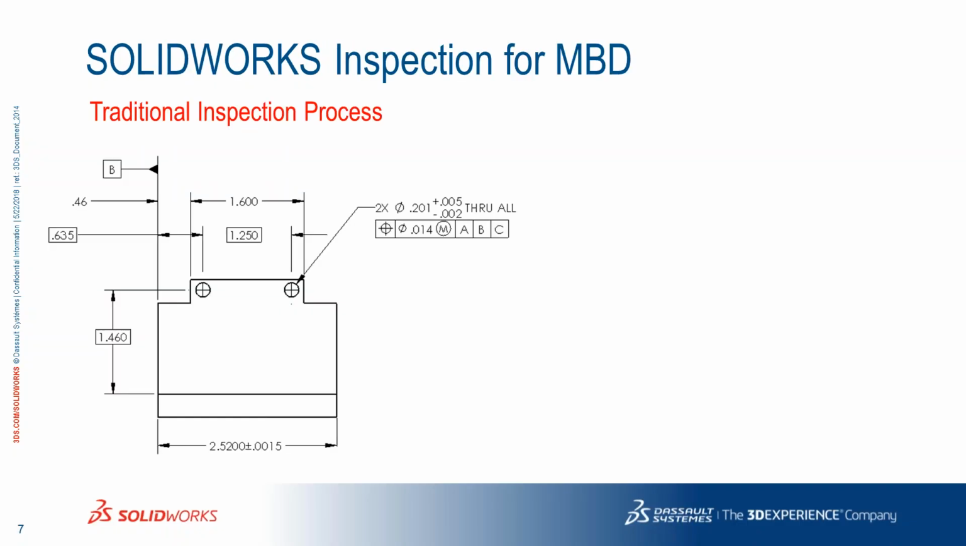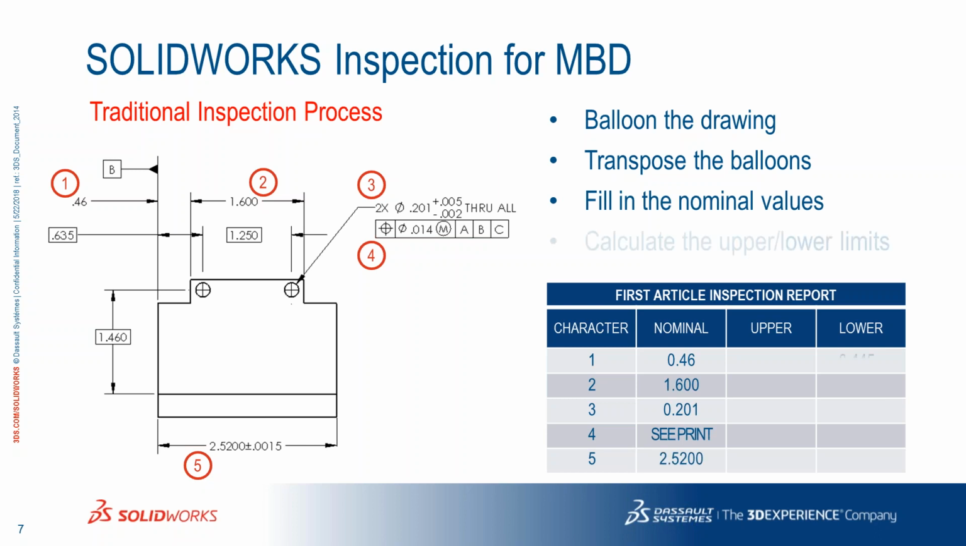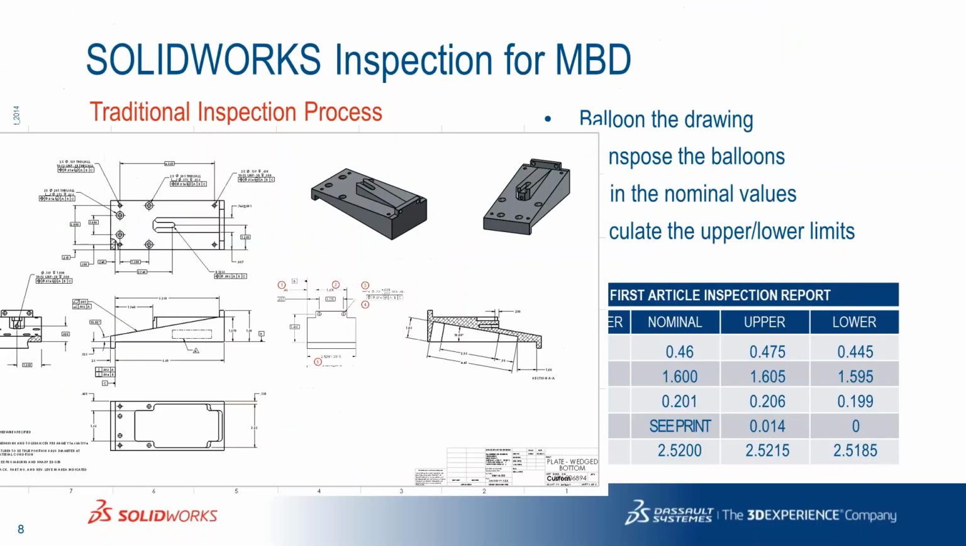Wonderful. So traditionally, when it comes to creating inspection reports, what we see many of our customers doing is to go really through a 2D drawing, and they manually start ballooning the drawing, indicating on the drawing the characteristics that need to be inspected. And once they've done all this, they have to transpose all that information into an inspection report, add all the nominal value, and of course, calculate the upper and lower limits to have a complete inspection report. Now, of course, not only do you have to do this for one view, you have to do this for multiple views of your